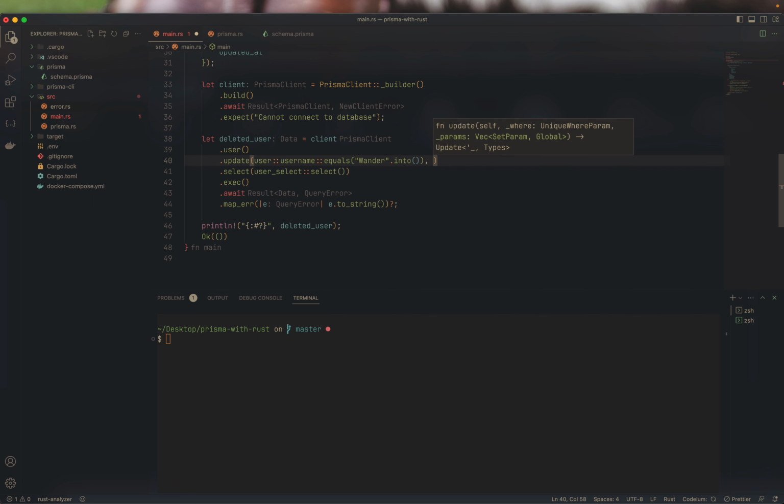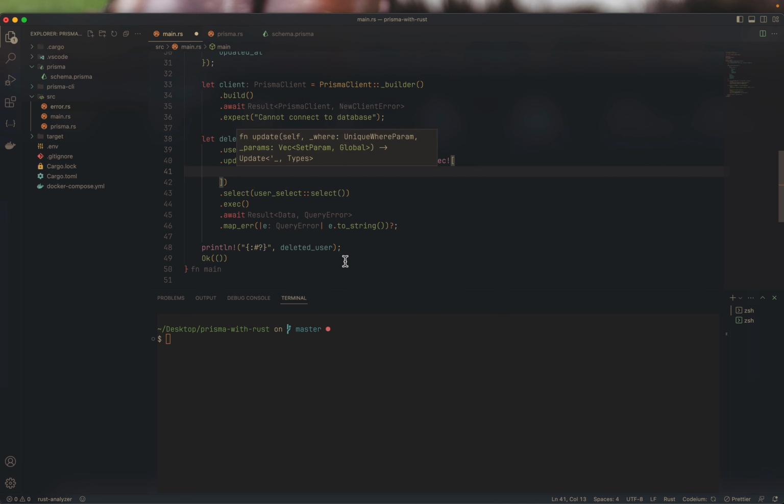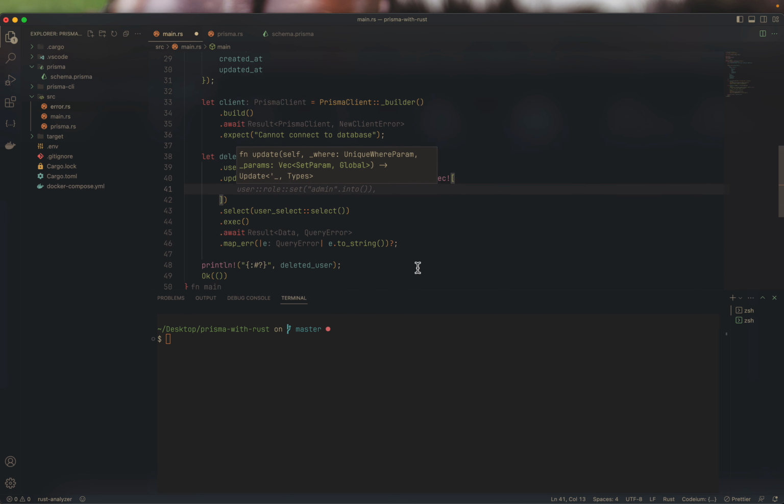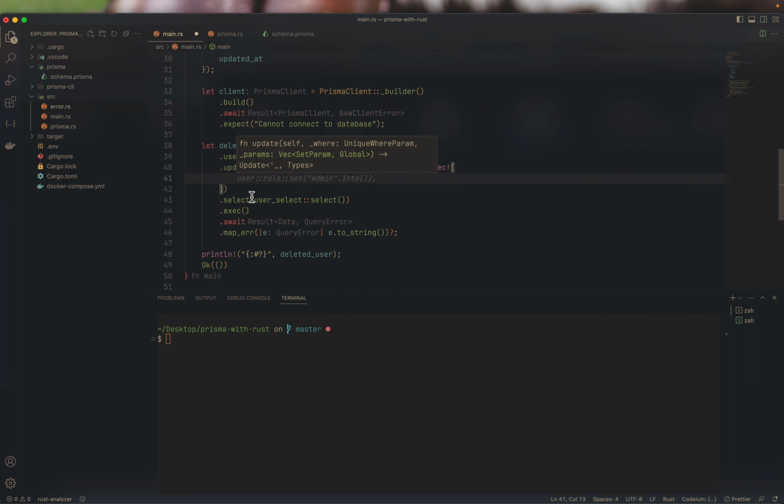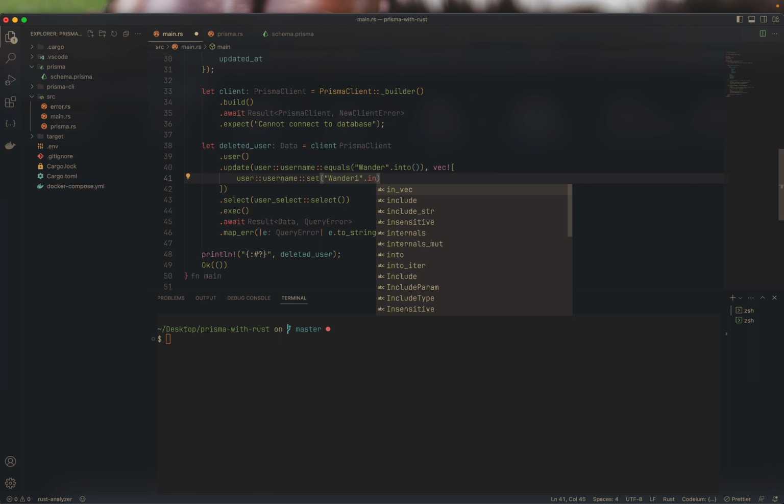And then I'm going to provide a vector of set param, so I'm going to populate it using vec, and here you can see that my bot is trying to help me out, but this isn't the correct answer, so I'm not going to accept it. So let's just say that I want to change the username to something different, such as username set, and then I can go for this guy again,